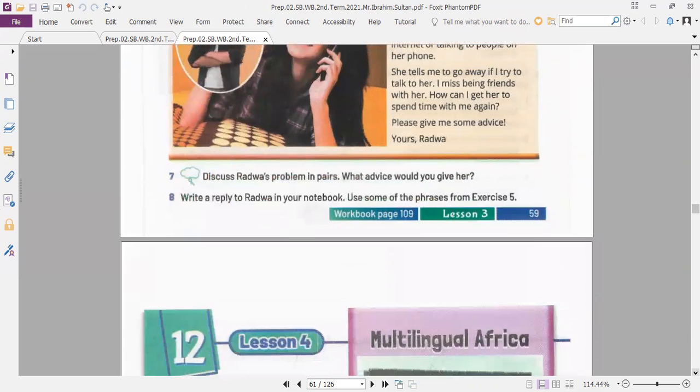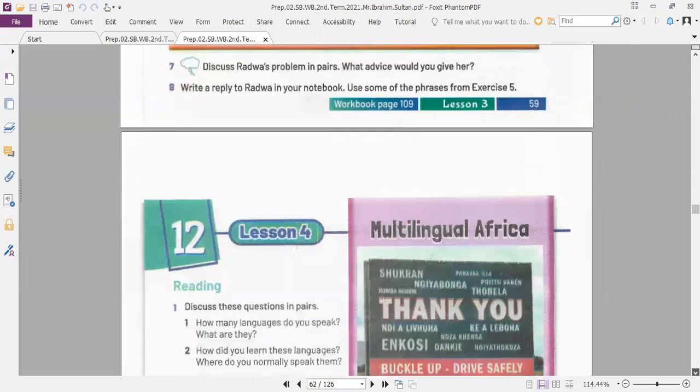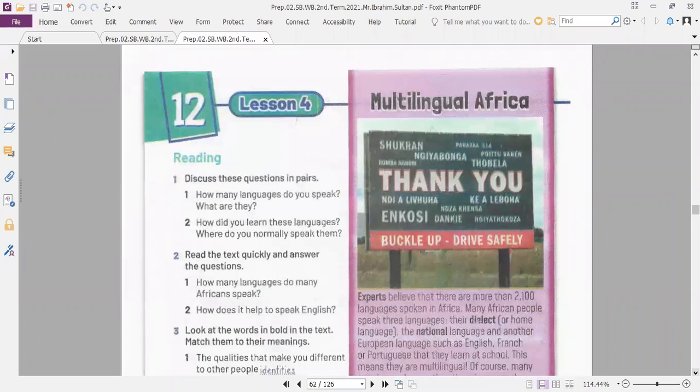What's your advice for her? I think she should invite her sister for a trip or anything to go away. Very good. Okay. What else? She should talk with her sister and tell her that she loves her so much and she wants to spend more time with her, to show her how much she loves her. Okay. And now we have page 60.